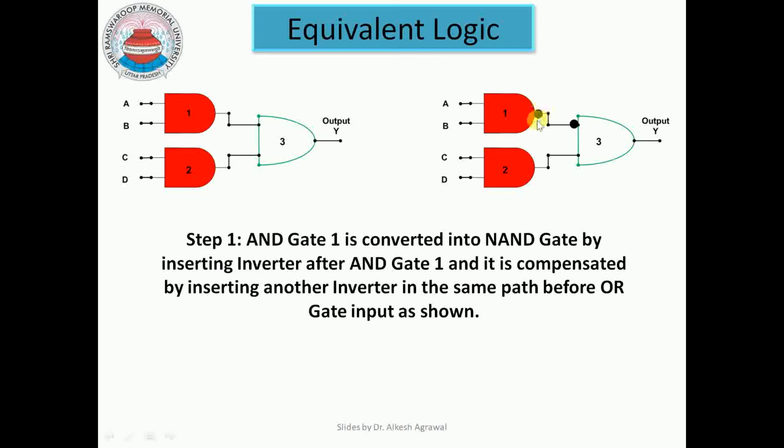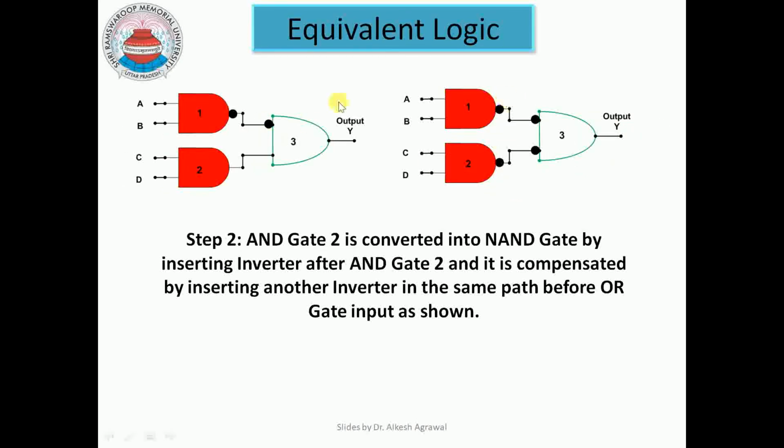Now to nullify this effect, we placed one inverter before this OR gate. So this is the first step. Gate number 1, which is an AND gate, is converted into a NAND gate, and we placed an inversion in the same path.